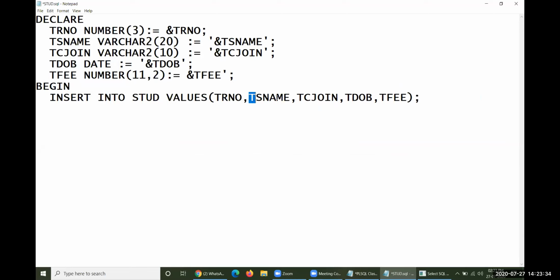I have my student name as a temporary student name, which takes input here, and so on and so forth. I have everything with me. So simply I'd like to use this one, and then if you want to produce any output, yes, you can produce output here: DBMS_OUTPUT.PUT_LINE, that so one row